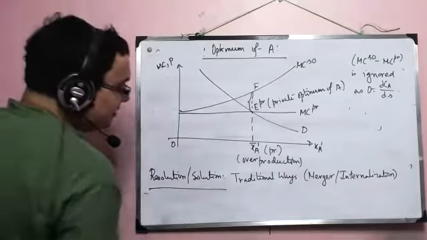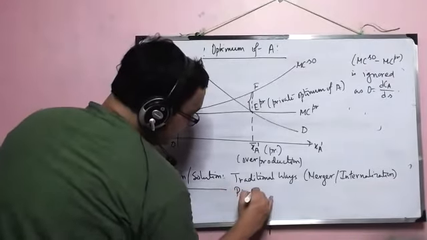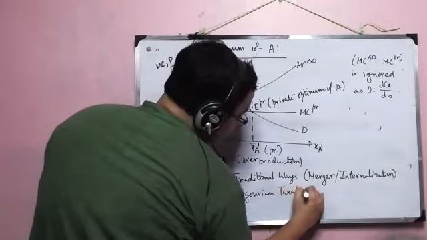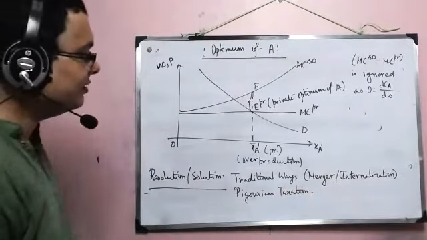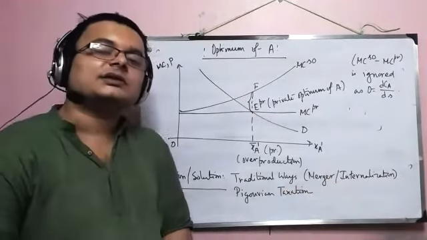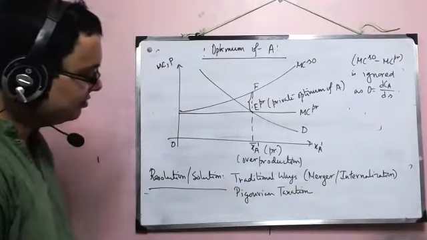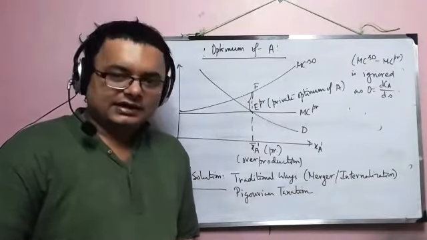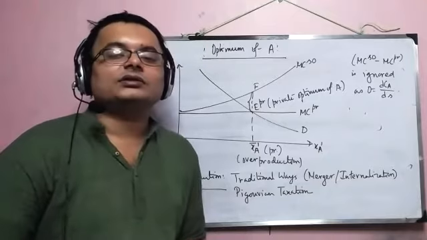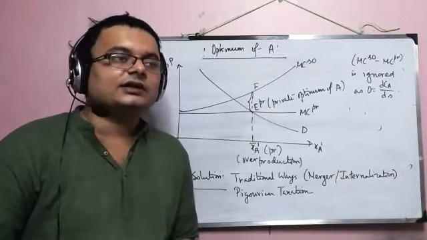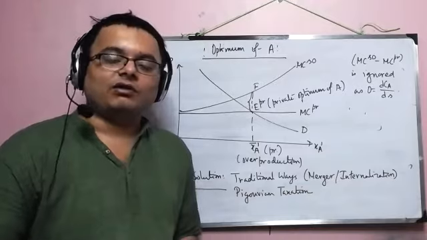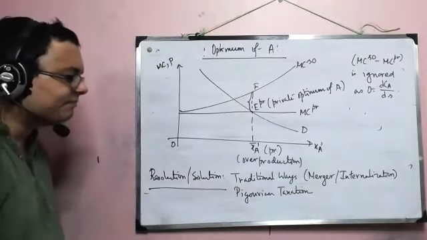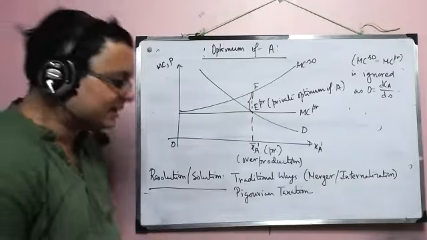Then comes Pigouvian taxation. So that is obviously after the name of Pigou. So taxation. So what is the idea? The idea is simple. Do you know how much is the social optimum? That's the first question. If you know that, then tax either the pollution or the quantity in such a way that the desired social optimal output is produced. Okay, so that's the idea behind it. It's a very simple idea. So that's the idea behind Pigouvian taxation.